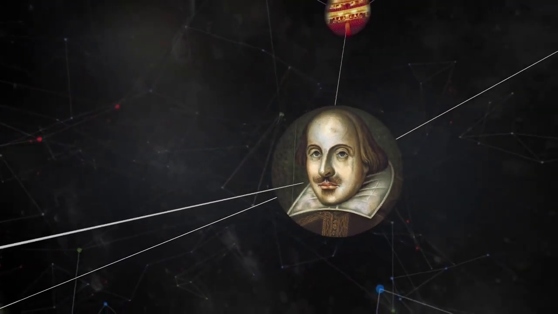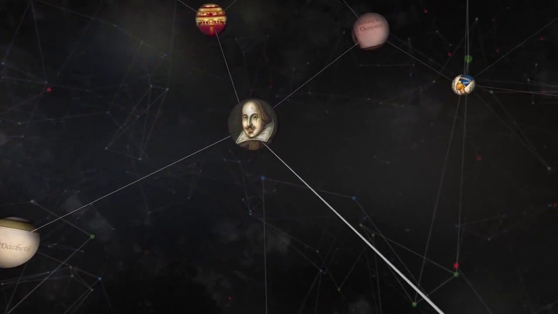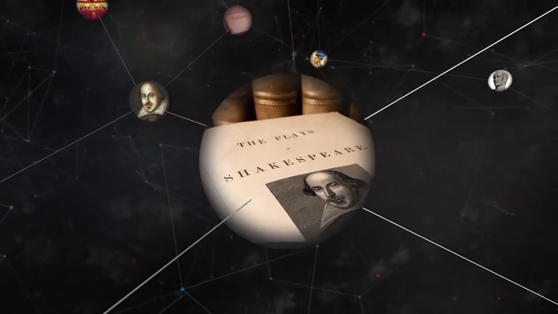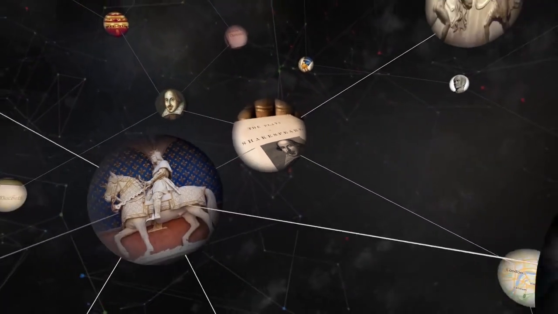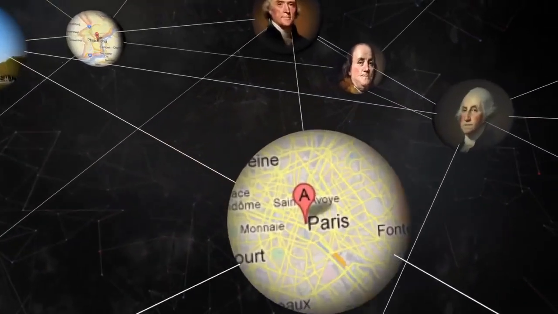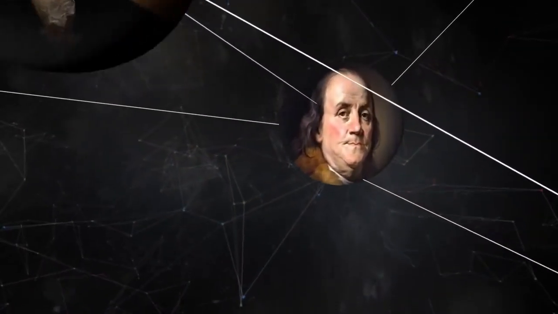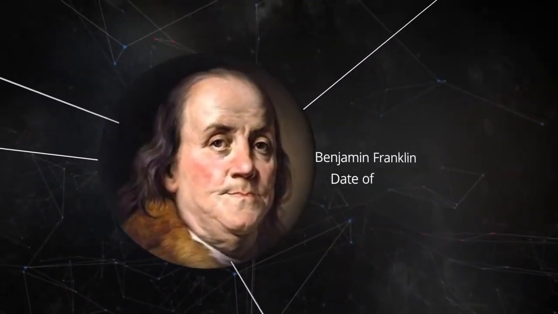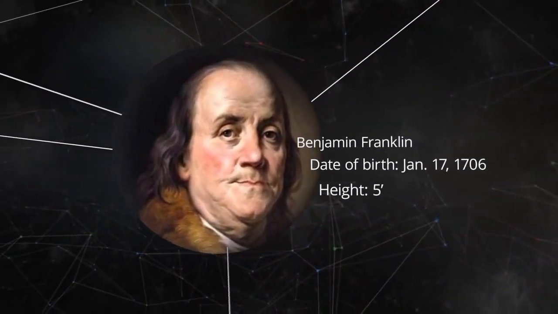The way Google is trying to build information about real-world connections is by building a knowledge graph. The knowledge graph is about collecting information about objects in the real world. The object could be a person, could be a book, could be a movie, and many other types of things. For example, for a famous person, we collect relevant data about them, such as their date of birth or how tall they are.